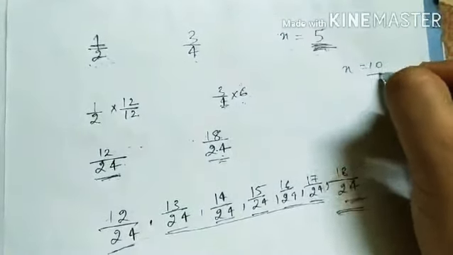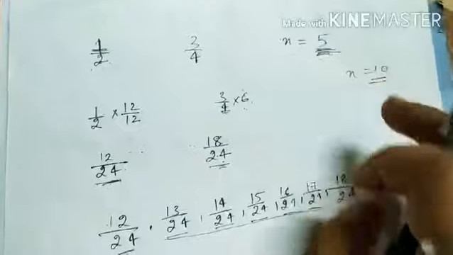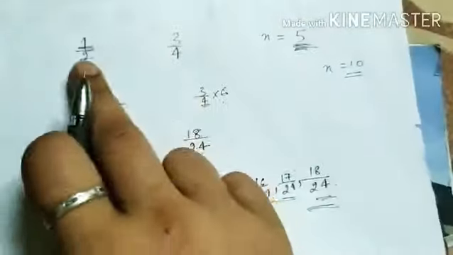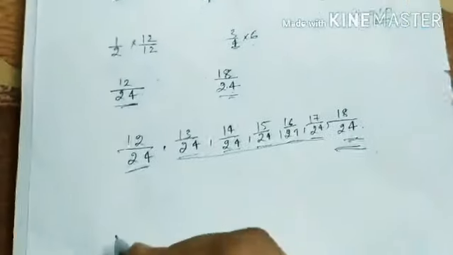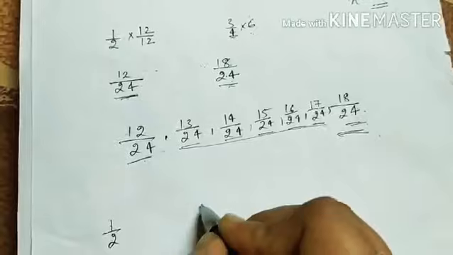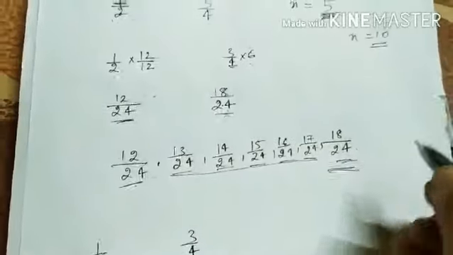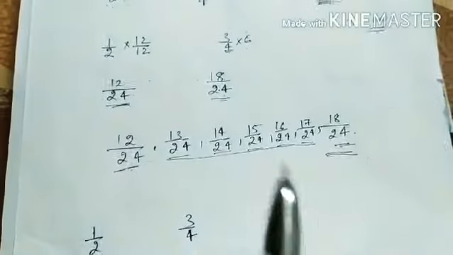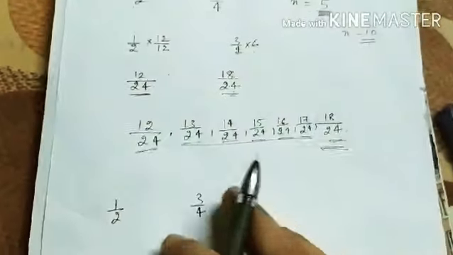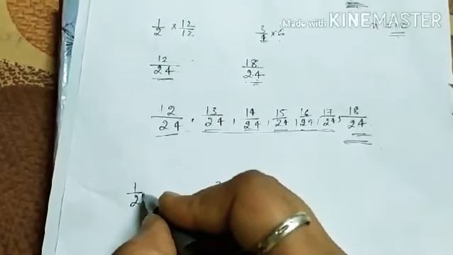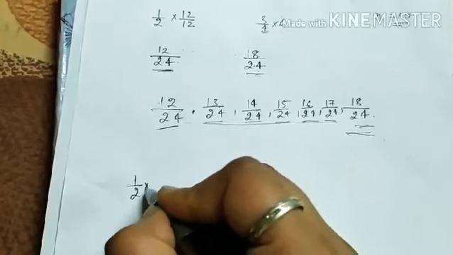First we'll take n equals 10. So how are we going to do this question now, when we have to find 10 rational numbers between these two numbers? We'll write 1 by 2 and 3 by 4. अब क्या करना है हमें? 10 रैशनल नंबर्स निकालने. ये हमने कितने निकाले थे? 5 निकाले थे. अब हमें 10 रैशनल नंबर्स निकालने between 1 by 2 and 3 by 4. What are we going to do? We are going to multiply this rational number by 40.